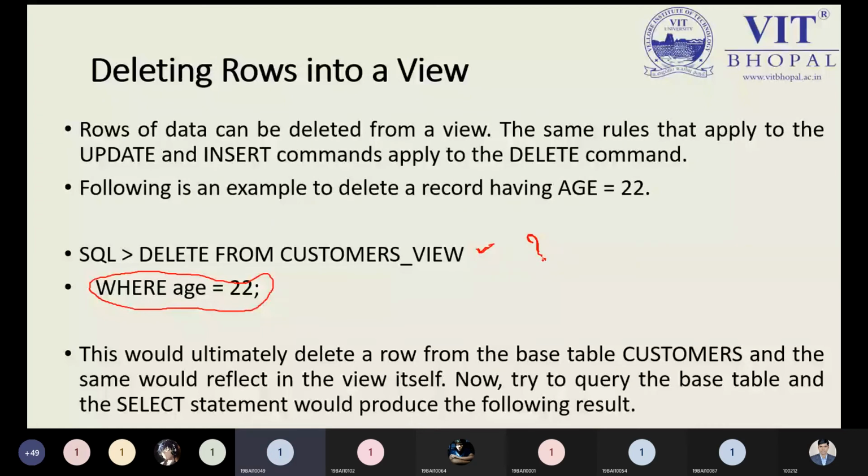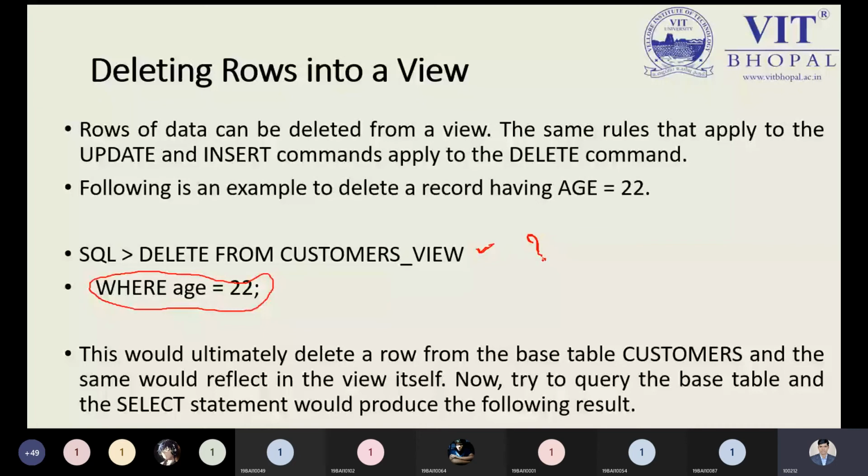Everything will be deleted? Yes, every row will get deleted. Of course, each and every row, or tuple. Entire tuples will be deleted from the customer table as well. This is my point.